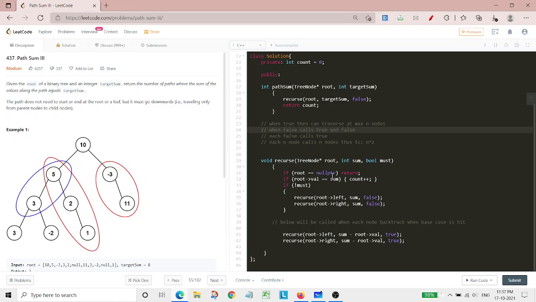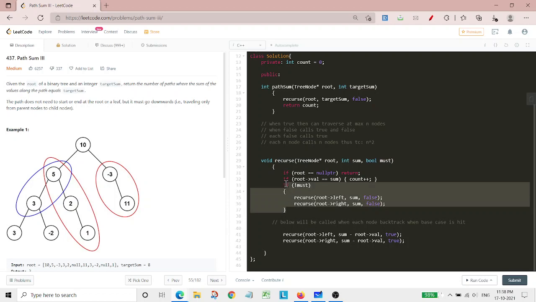At that moment we have reached a path which will be included in our path count, so we simply increment the count. So these were two cases: one is the base case, and another is the one giving us the answer.